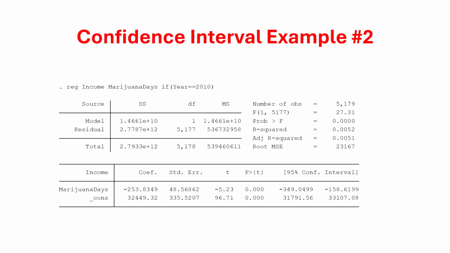Is it larger than my critical value? The p-value, is it less than this alpha that I set? Also, is 0 in my confidence interval? If it's not, then I can reject it as a possible true value.